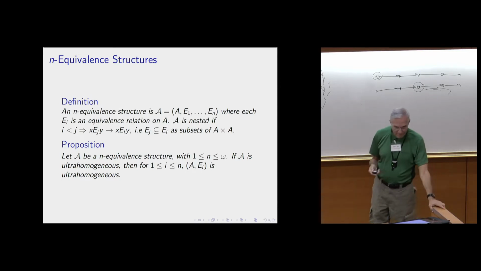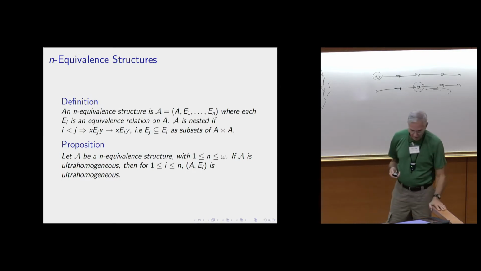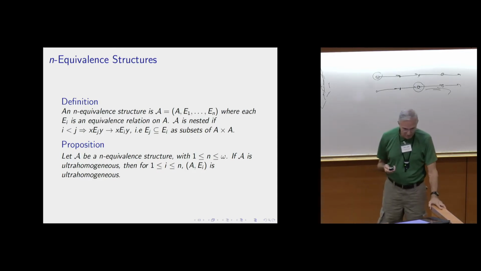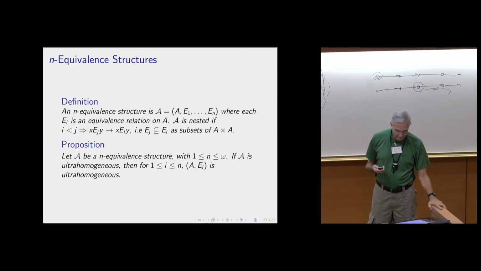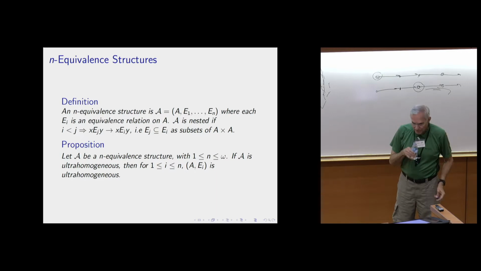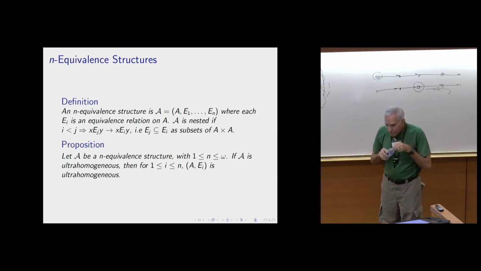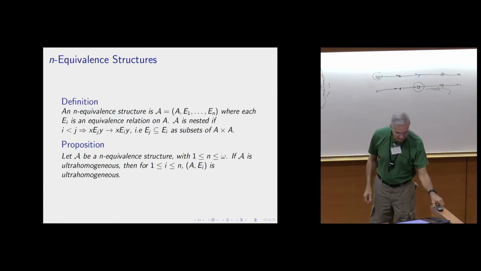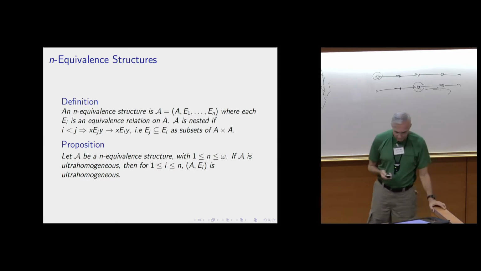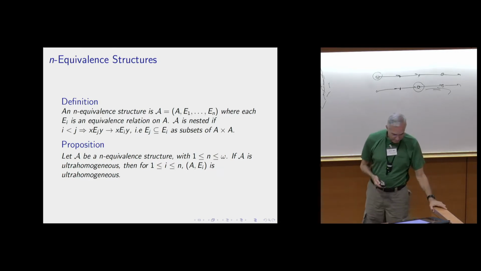We'll come back to trees. I want to look at extending the notion of equivalence structures to nested equivalence structures. Nested structures are where you have several equivalence relations, and each additional one is an extension of the previous one, so it's larger. You can think of starting at the beginning where all the numbers are equivalent to each other. Your first equivalence relation partitions them into various classes, and then the second equivalence relation takes each one of those classes and partitions it further.